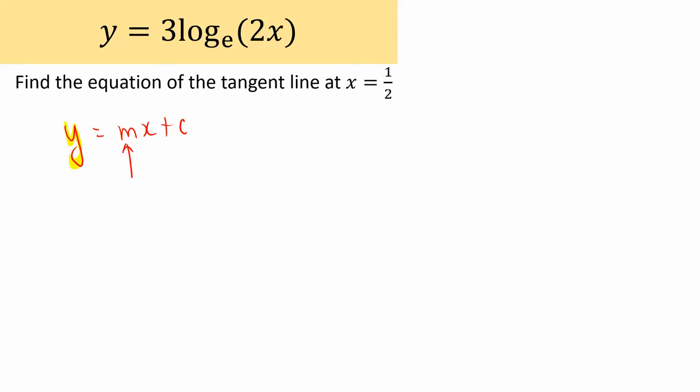I was looking at. You have the 2 there as well. Oh, it worked. 2 times half. So